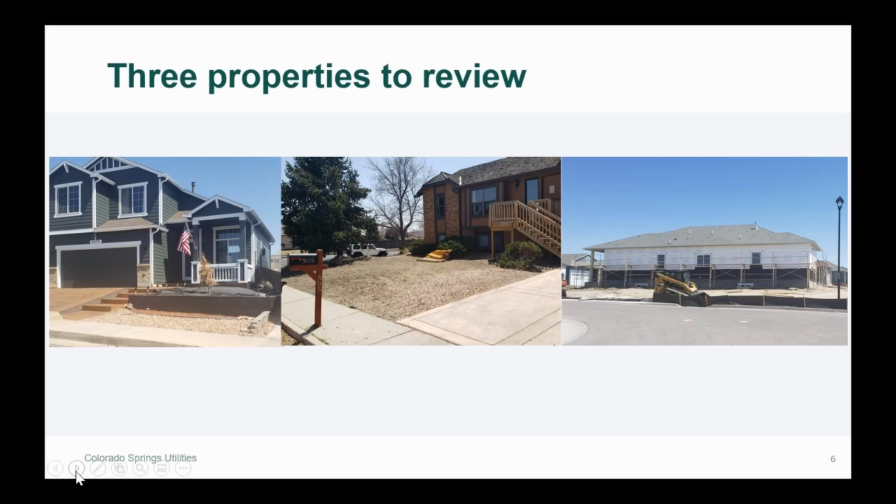The next one in the middle is kind of a typical home you find here in Colorado Springs, kind of 1970s, 1980s build, where a new homeowner came in, is renovating the place, updating the place, and they want to give the front yard a makeover. This is a little bit bigger of a front yard,